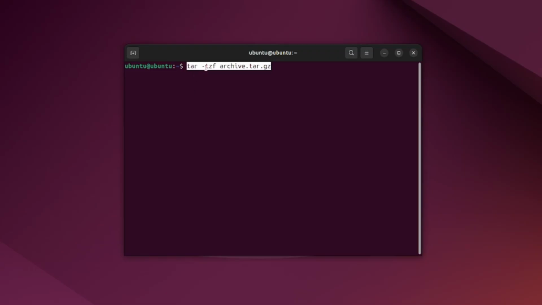T stands for list. It tells the command to display the contents without doing anything else. Z tells tar to handle a gzip compressed file. This is important because tar.gz files are compressed using gzip. F means we are specifying the name of the file next. In this case, it's